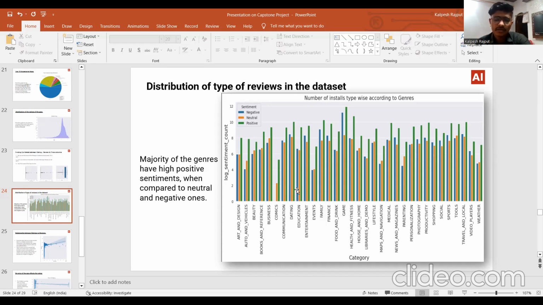And the second one is communication. Communication has mostly positive reviews, and the fewest are neutral reviews. Moving to the games. Games has the most positive and negative reviews. Both lie around 10, and the neutral reviews lie between 6 and 8. Moving to the next slide,